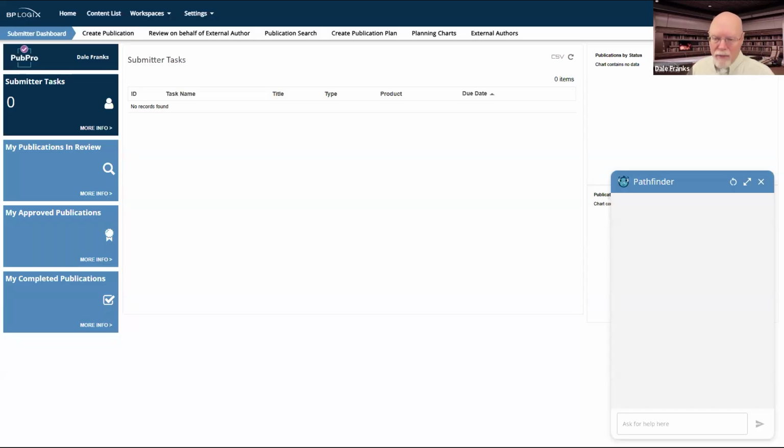In the case of PubPro in this instance, we have trained the Microsoft Azure AI Foundry setup, which is a flavor of ChatGPT 4.0, I think. We've trained it on all of the training documentation for PubPro.